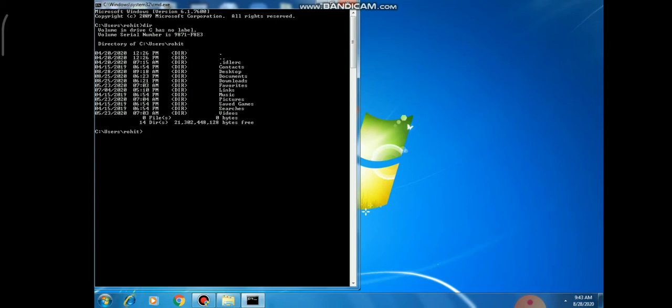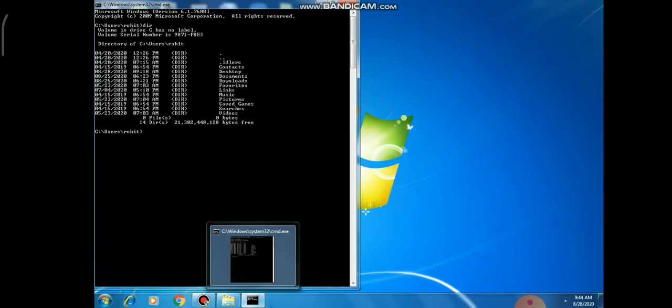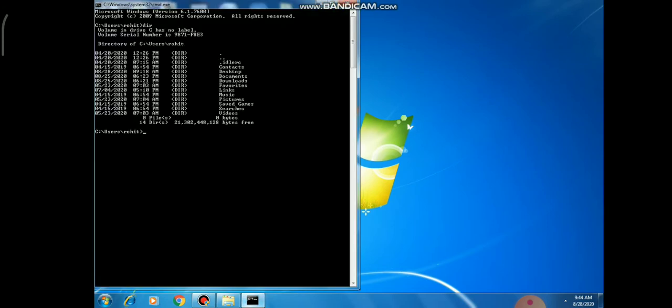Here we have a total of 14 directories and it also shows the size occupied by these 14 directories. So if we want to see the list of directories, we take the help of the dir command. Okay dear students, this is our first internal command.